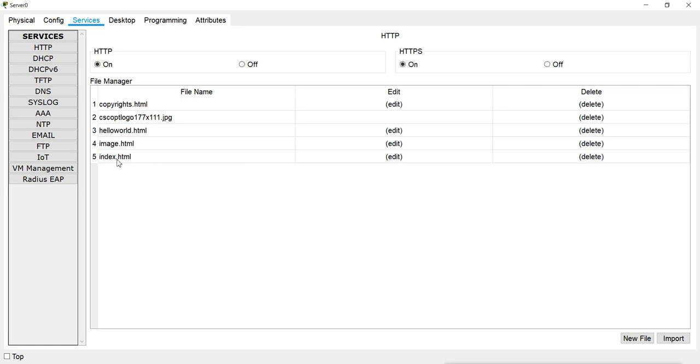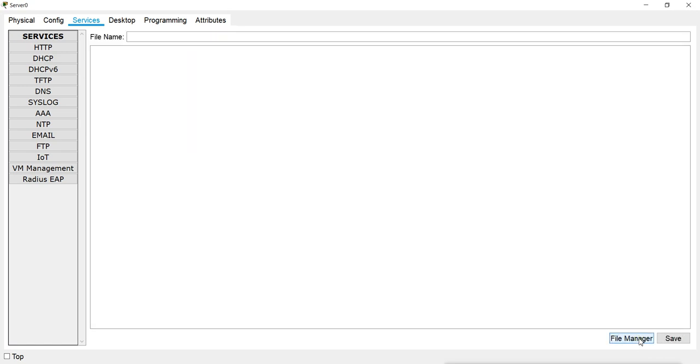So suppose I want to edit this file, or we can open the file also. Or we can add a new file also. But I will not add any file here.